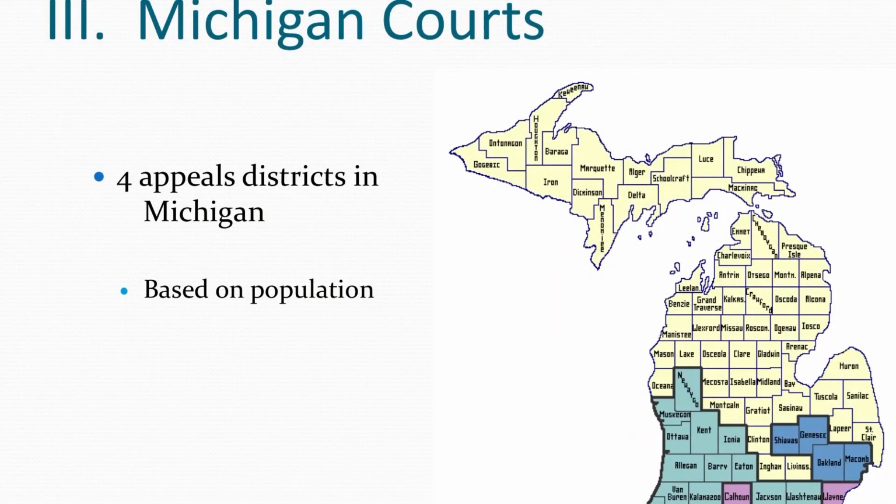There are 4 appeals districts in Michigan. You know this, don't you? Does that look familiar? Yes, that does look familiar. And it's based on population. You can kind of see that in this colored one. So we've got 4 very populated counties down here. Hard for me to read. Can you read that? Is that Wayne? Shiawassee? Genesee. Yeah, right here. Okay, Shiawassee.